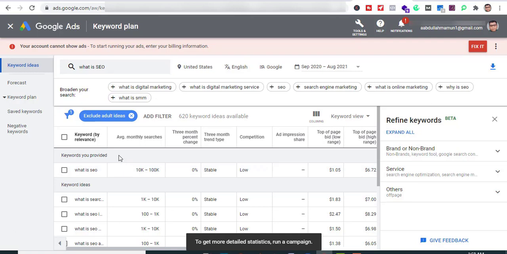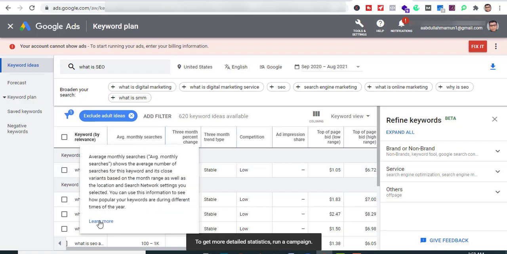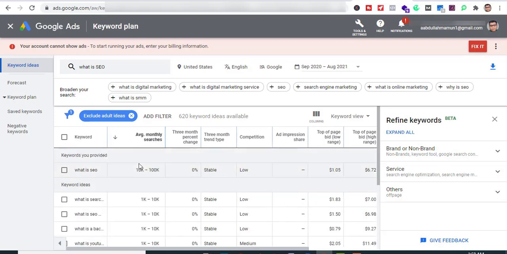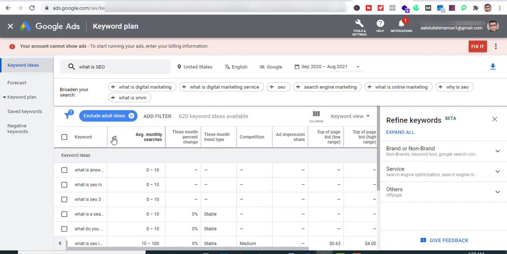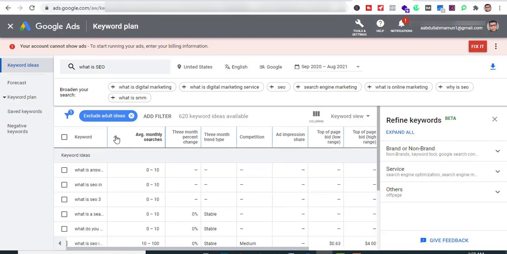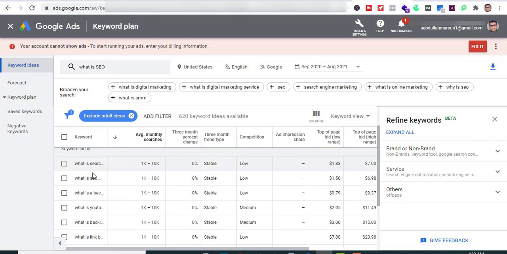So this is our results. What is SEO? Average monthly search. Keyword ideas.